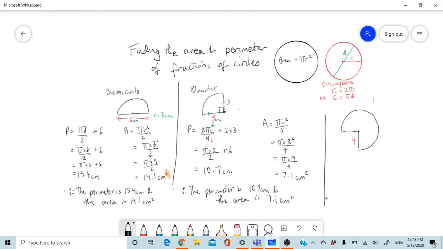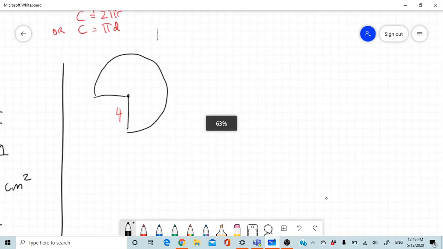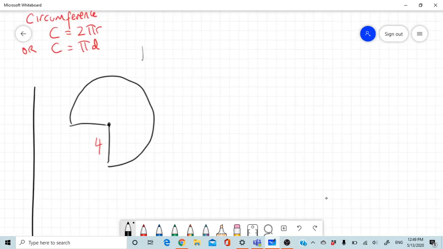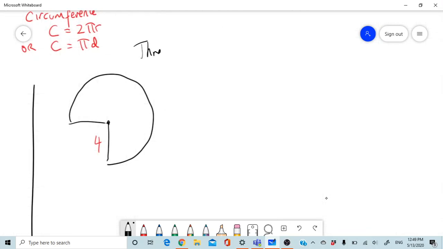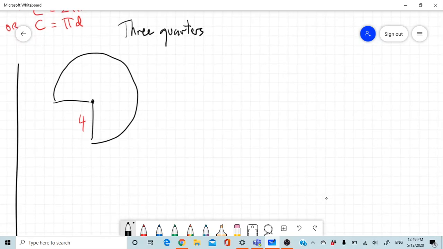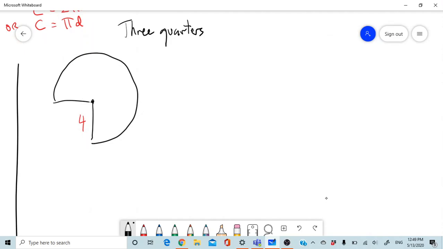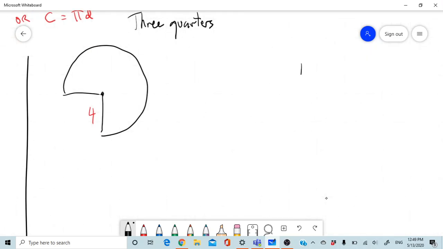3/4. Oh, that's a bit silly. So we're going back to this. Okay, 3/4 of a circle. Now, to do 3/4, it's a little bit trickier, but not too bad. Let's start with our area. The area